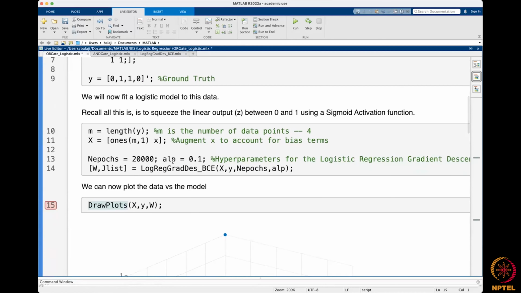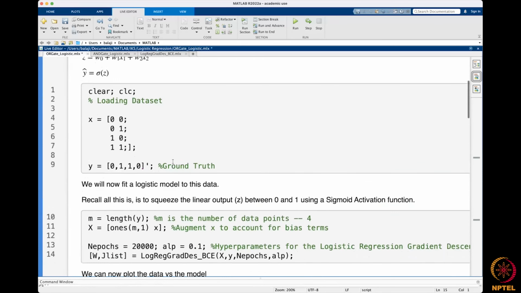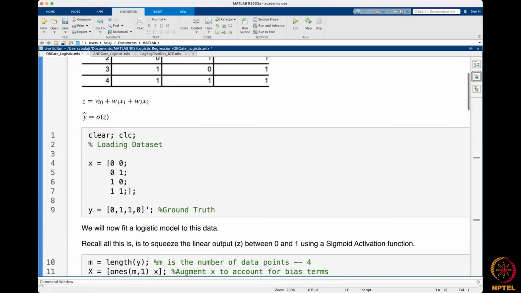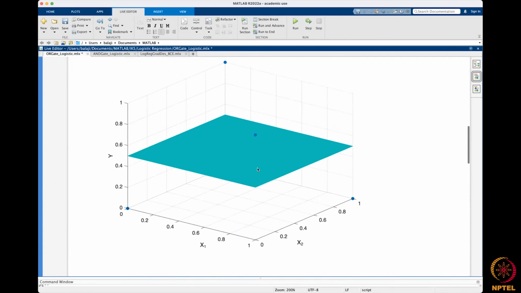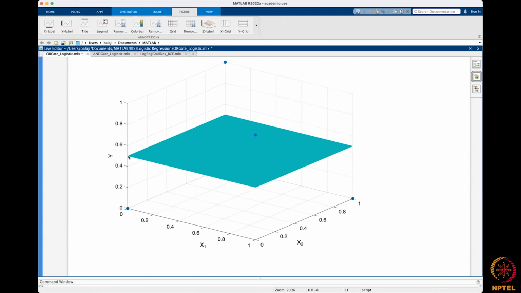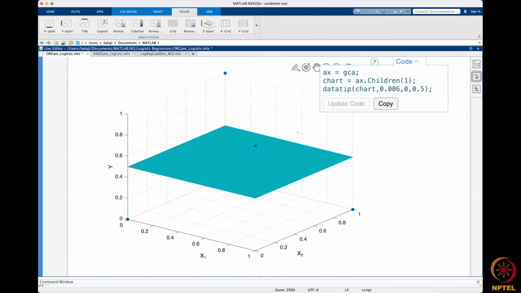Okay, sorry, it's not sitting here, but we can simply check the ground truth. When you set W to 0, 0, 0, it is obviously not going to be great. It is simply going to be sigmoid of 0 every time. So you are going to get 0.5, 0.5, 0.5, 0.5. So that's our prediction for all 4 cases here, which you can see here. It's just 0.5 throughout. So you can see when you look at the left that the actual prediction, which is this green square, is 0.5 at every single case regardless of what value I give for x1 and x2. So that's not a great model,